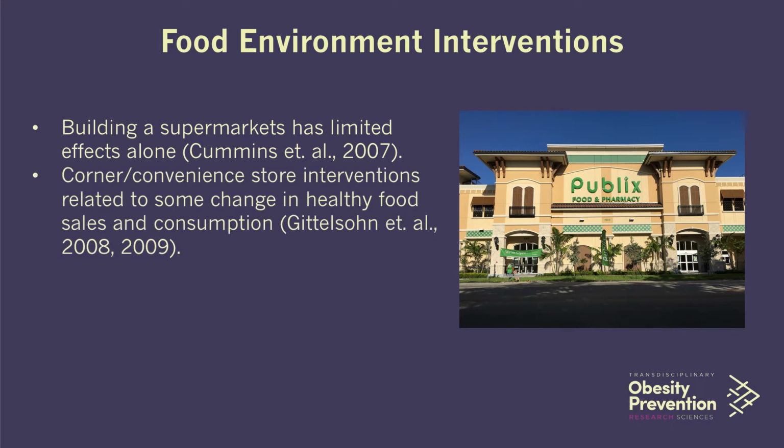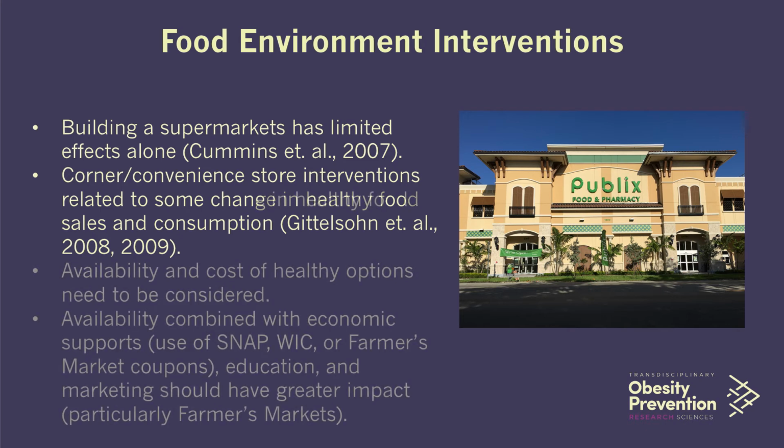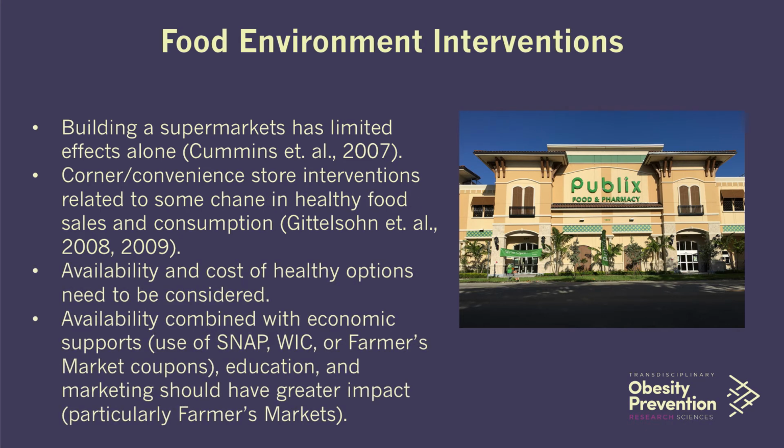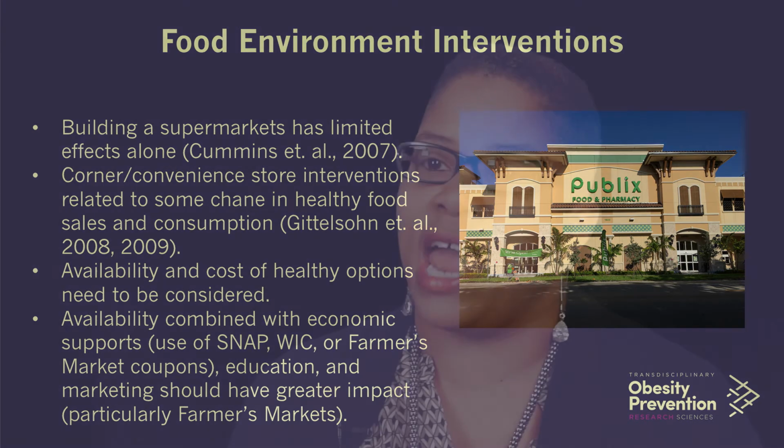Corner store and convenience store interventions may also be a way that you can change communities. So it's not just bringing in new supermarkets. We know that you can also intervene at corner stores to expand food options, and that may help contribute to changing the neighborhood food environment. And then we may have to have other options outside of supermarkets to expand availability, so things like farmers markets or community gardens, that empower residents to take control of their food environments and really be in the leadership of changing what's available in their neighborhoods.